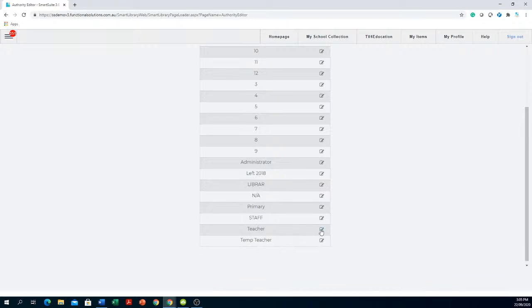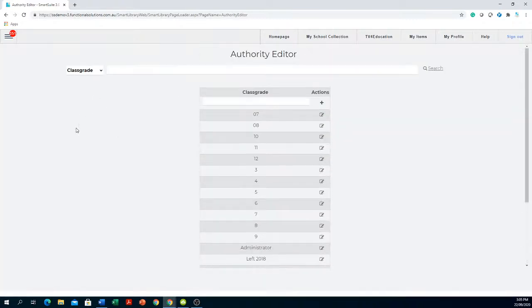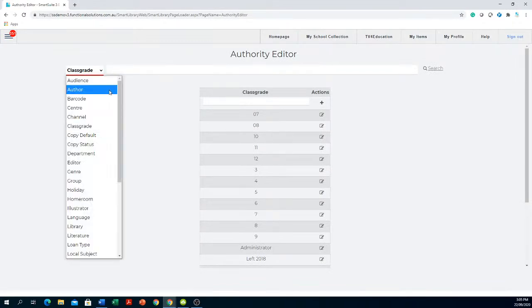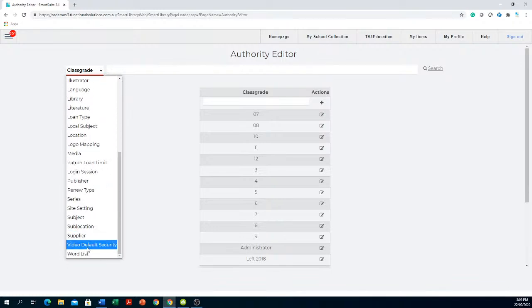That's it. So teachers should have 50. Okay, and that's all you need to do to set up your class grades. The last thing that you would need to do is go down here and go down to the video default